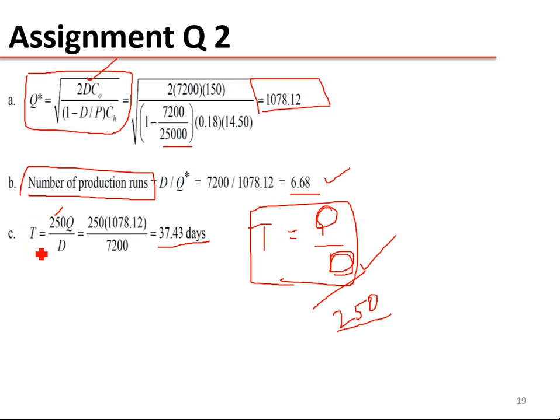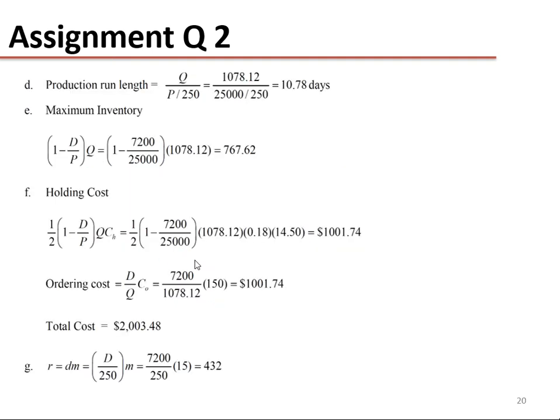So from there you can get your cycle time. So cycle time becomes 37.43 days. So after this much number of days you are going to place the orders. So the first order is placed over here, suppose, that means after this much number of days the second order is going to be placed over there. So for a year, how many orders are you going to get?